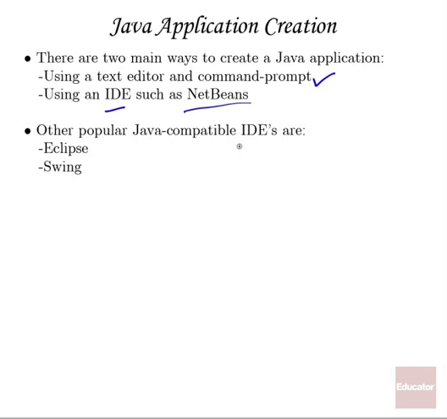There are other IDEs out there that are Java compatible, not just NetBeans. Another popular one is Eclipse, which is free to download and install at eclipse.com. And through Sun Microsystems Java websites, you can also download and install what they call Swing, which is more of a graphical user interface, or a GUI, that enables programmers to drag and drop and do other things in a graphical user interface system like Windows. Makes it easier. Right, for now, we're just going to be sticking with NetBeans and using the command prompt.